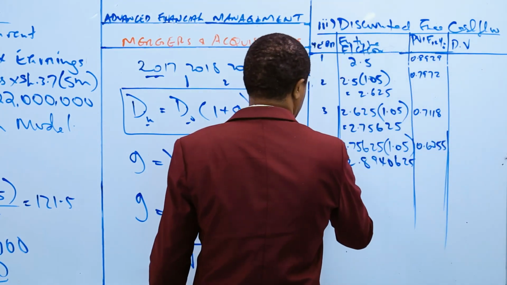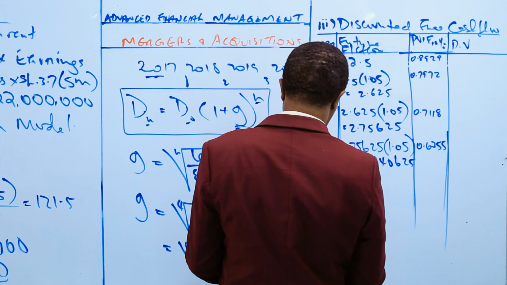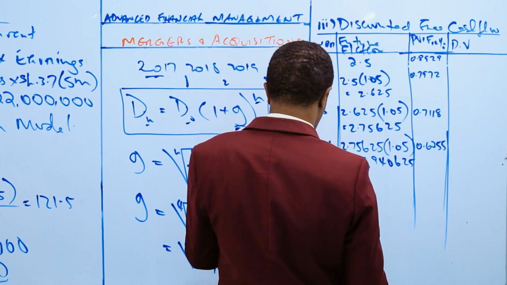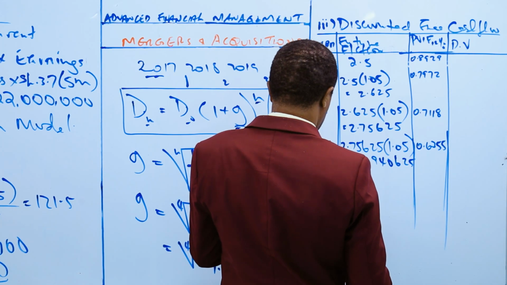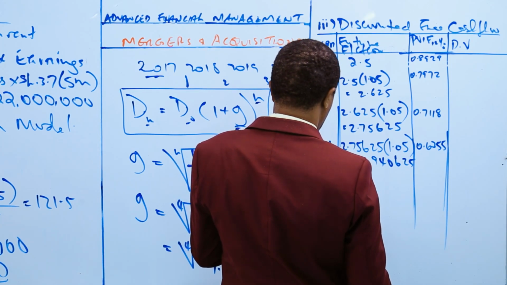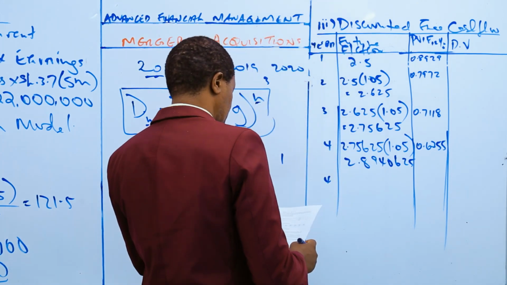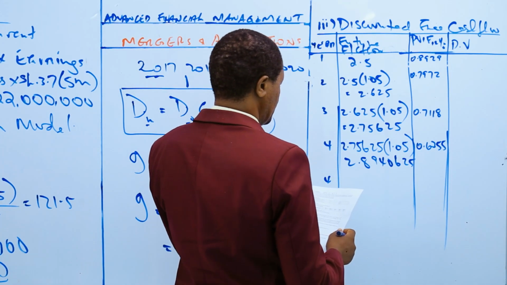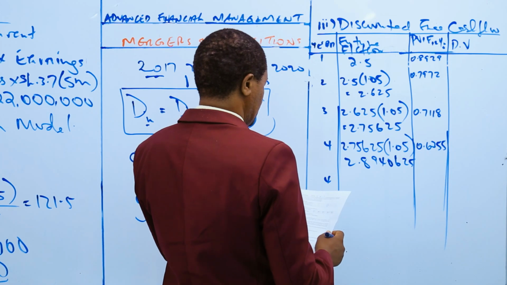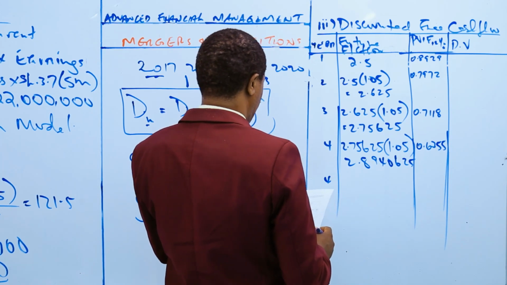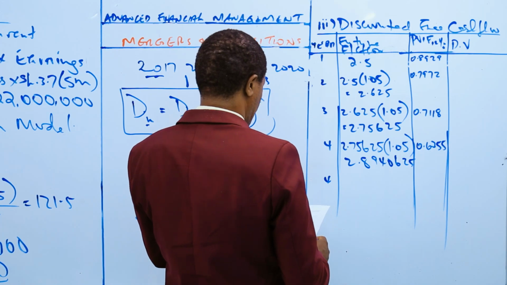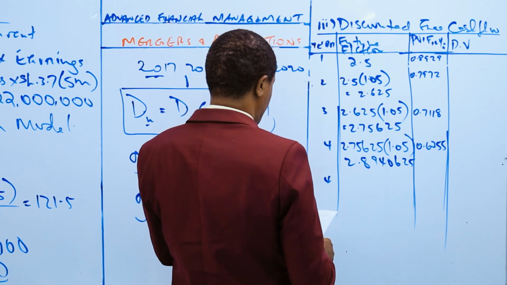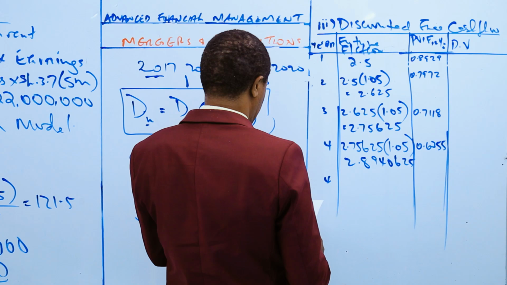Then there is a last thing here, candidates. We read in note number 2 that this will grow at an annual rate of 5% for the first 4 years, after which the growth rate will revert to the historical earnings growth dividend rate in perpetuity. So we have to get the future values of this